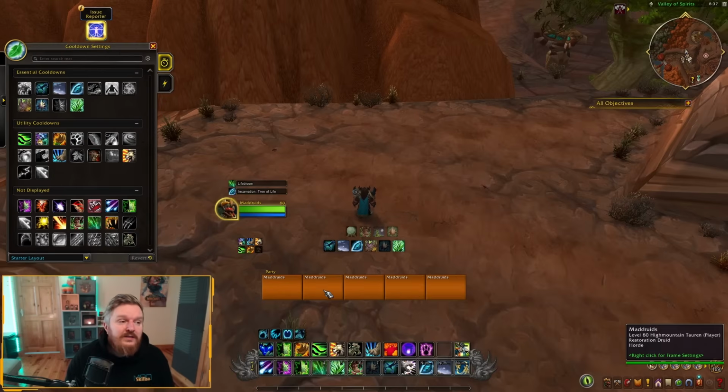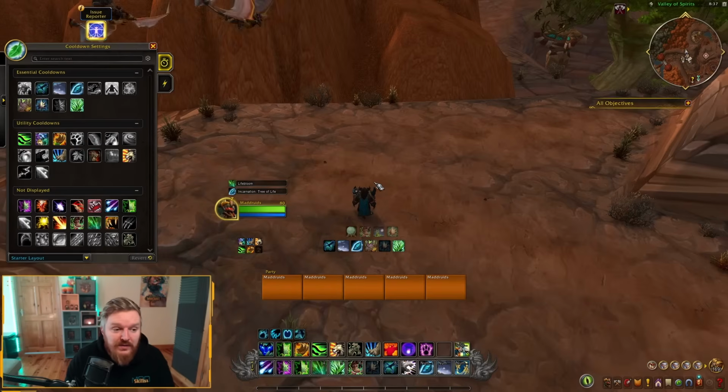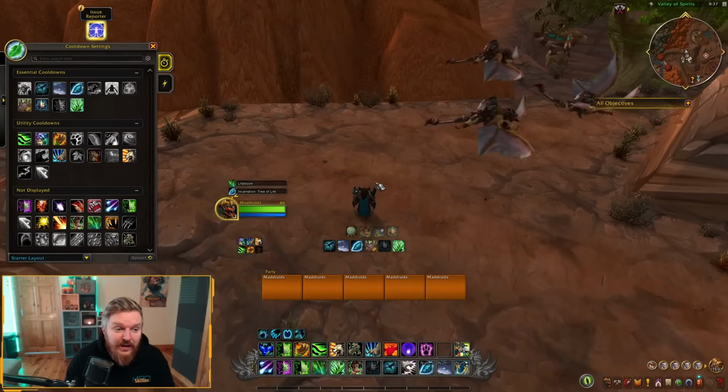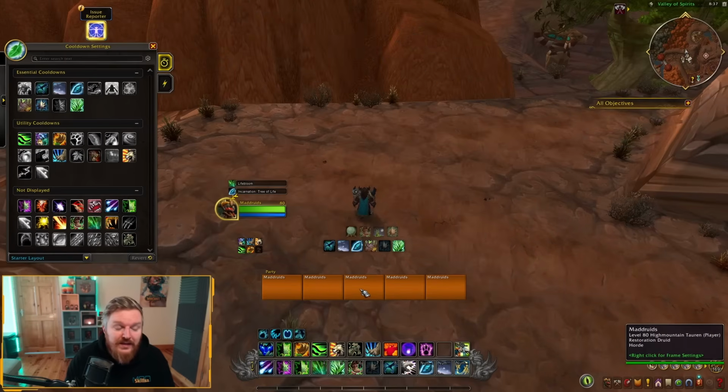And I know this is alpha, and I know there's a lot of players who use the default Blizzard frames and they have fun with it. If you're a new player coming into World of Warcraft, or even if you're someone who's been playing for a while, you can get used to it. Now, I'm using Resto Druid here for a specific reason, because Resto Druid still has a decent amount of HoTs. Don't get me wrong, there is pruning, there's a lot of HoTs that are gone, but look at this.